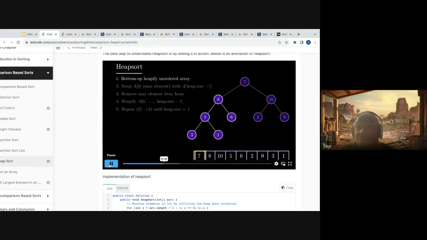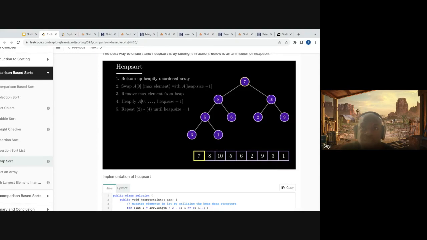Let's finish this. So we get back to the roots. And now when we are at the roots, we need to merge the left heap and the right heap. Both of them are heaps, so I'm guaranteed that the biggest value is going to be one of those children. And if you remember the very invariant of a heap, it says that every child is either less than or greater than this value, depending on whether it's a max or a min heap. This is a max heap. 5, 3, 1 is a heap. I'm sure that all the children of 5 are not greater than 5. This is also a heap, right? There's no value in this subtree that is greater than 8 because it's a max heap.